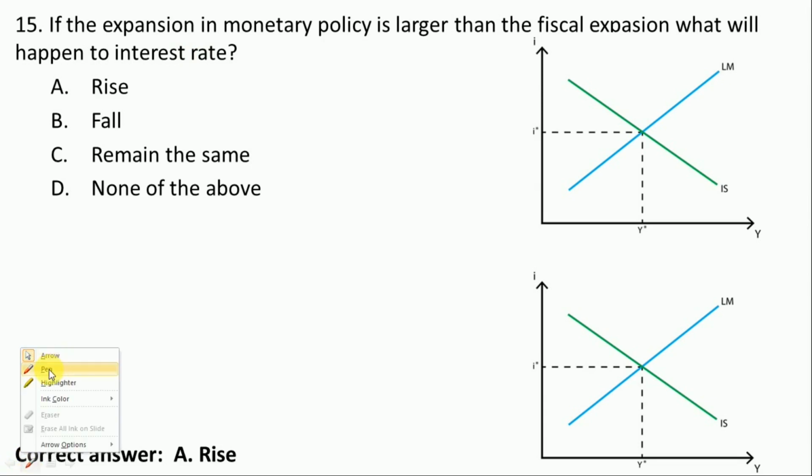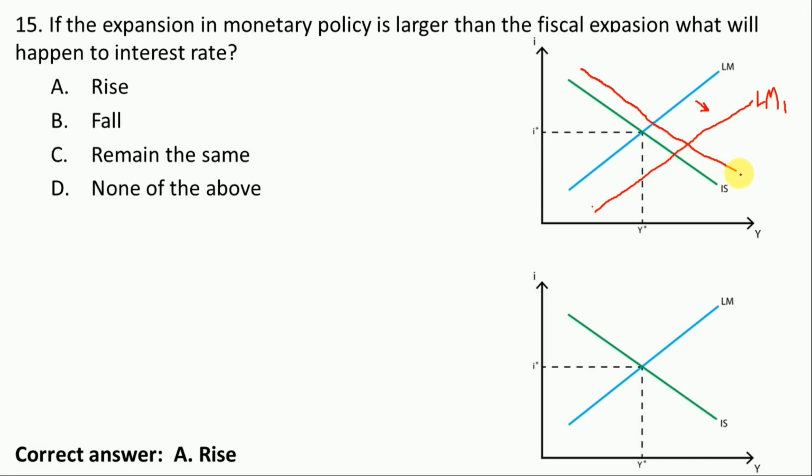And the correct answer is, क्या होगा हम देखते हैं. Suppose there are more changes into the monetary policy and as a result of that the LM curve is going to shift to the right side, पे शिफ्ट हुआ because there is an expansion into monetary policy. LM curve shifts from LM to LM1, but there is a less expansion as compared to monetary policy into the goods market. So therefore the IS curve is going to shift a little to the right side. देखो IS curve शिफ्ट हो गया, IS2 IS1. So what will happen now? The equilibrium point has been changed from E to E1 here, and as a result of that, यहाँ से अगर लाइन निकालेंगे हम तो क्या दिखता है?